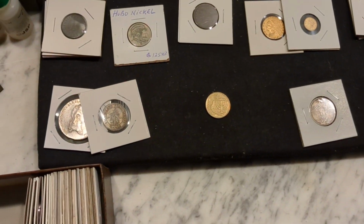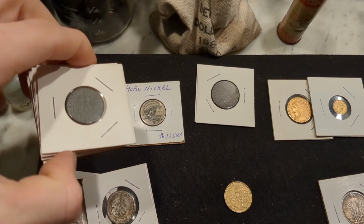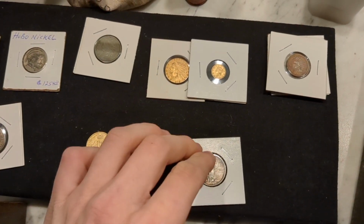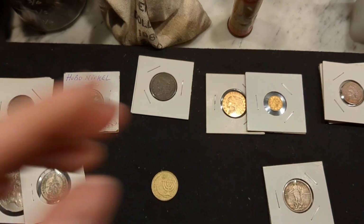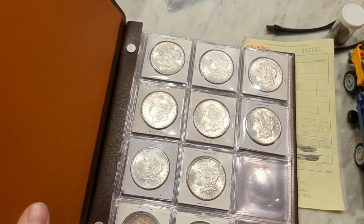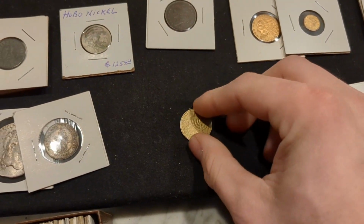So this is sort of part two to my collection. I posted my collection of graded coins, and somebody asked if I could show my collection of raw coins because I had like a little pile on the back. So these are them. Not a whole lot. There is some in this book over here, but I'm going to go through them real quick, starting with the